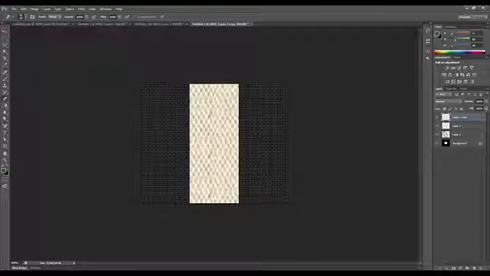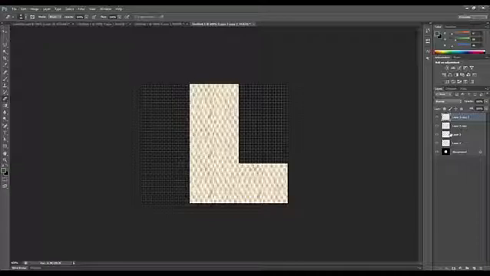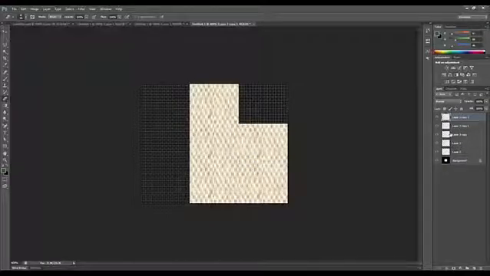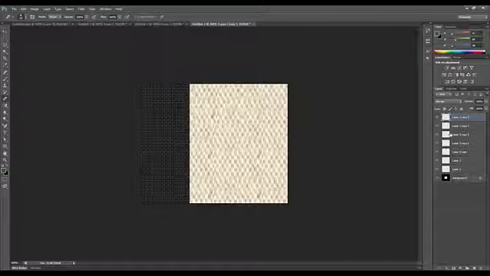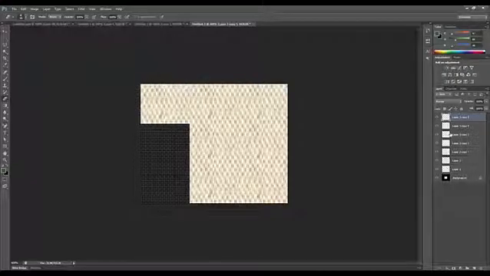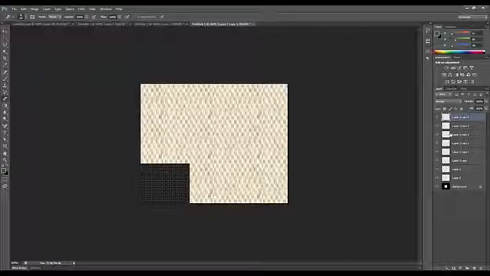And then again, and again. What you can see I'm doing is I'm just making copies of the same tile all the way around it, basically. So there's 9 copies of that tile in total. And this is years of being an artist that helps you kind of figure this stuff out.